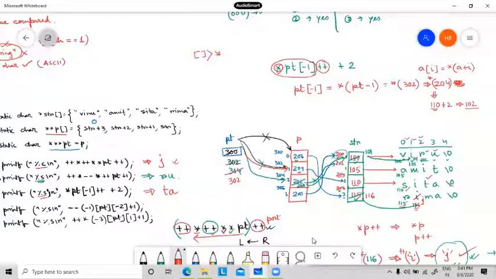Okay. Now when this is done, this plus plus will be executed. Now where will this plus plus be executed? See, star P plus plus, on which will this plus plus be executed? On P. So here plus plus will be executed on PT minus 1. Now PT minus 1 is 302. So now 302